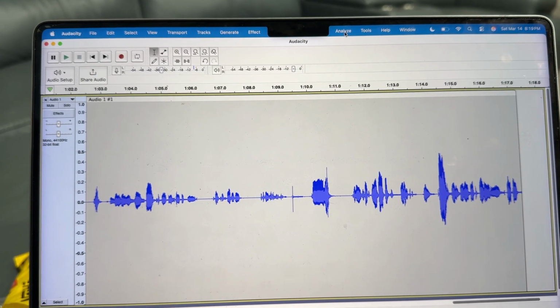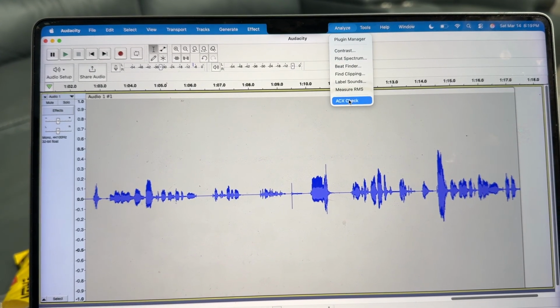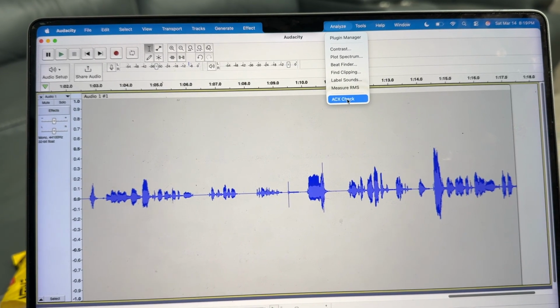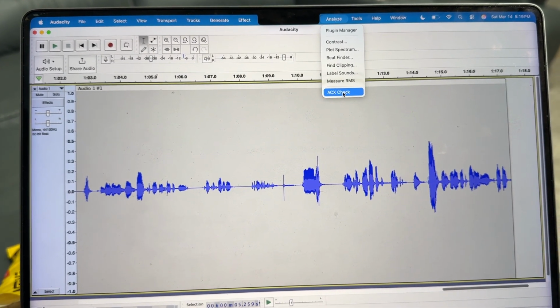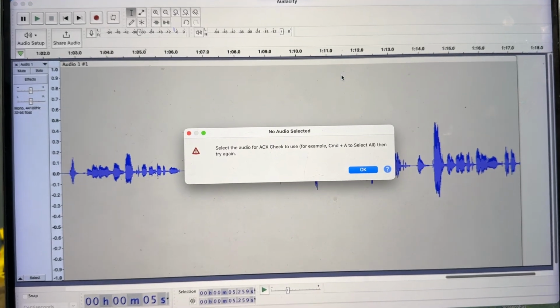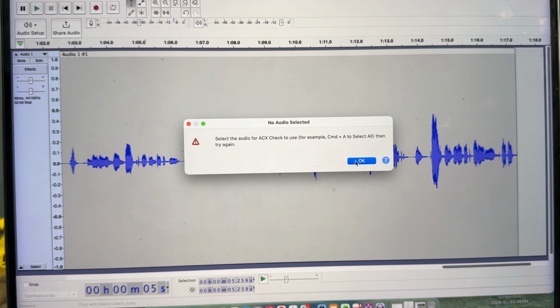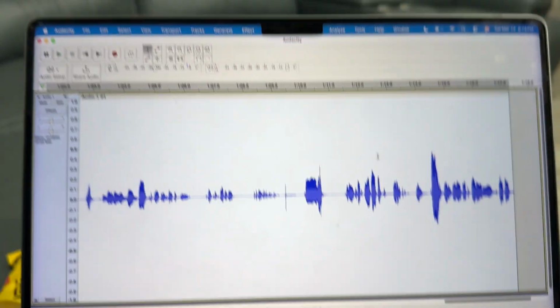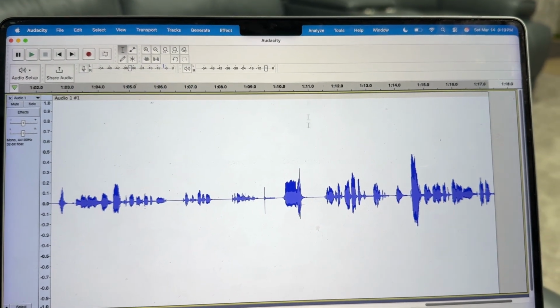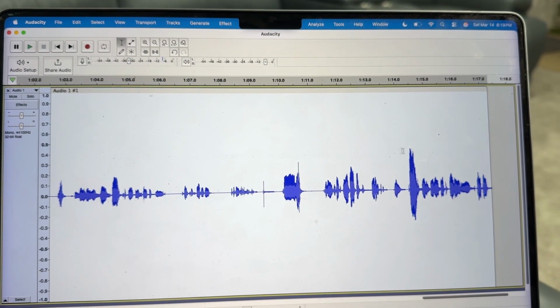So under Analyze, like you said, this is an extension maybe. I had to download it, but ACX Check, you download it to Audacity and you run it. You have to select it, sorry. Okay, so select the whole chapter, right?